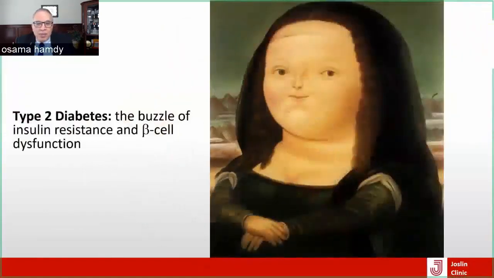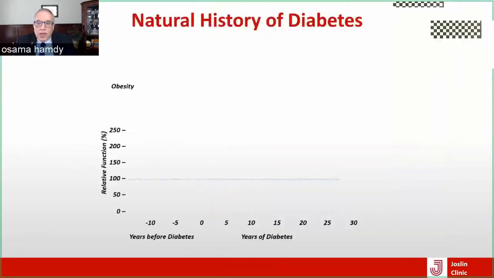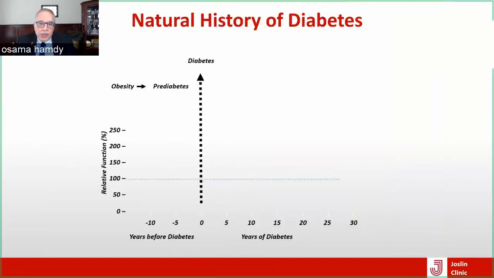We know the puzzle of type 2 diabetes now, and the puzzle is beta cell dysfunction and insulin resistance. But a lot of us are asking when this insulin resistance occurs. It occurs before beta cell dysfunction, or beta cell dysfunction occurs first, or both of them occur at the same time. So if we look to the progression to type 2 diabetes, when people are overweight and obese, you will see that they get first